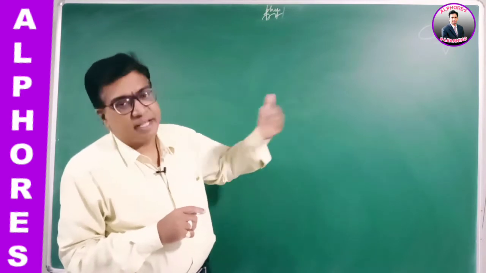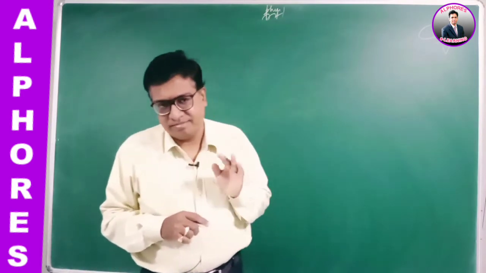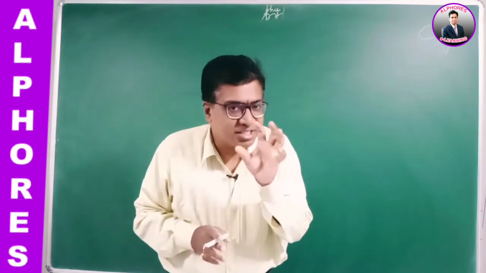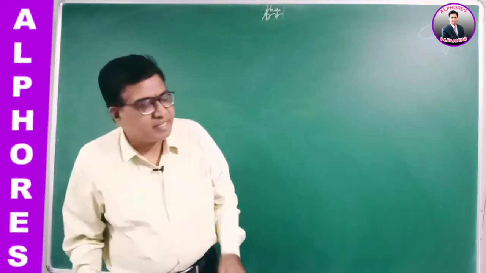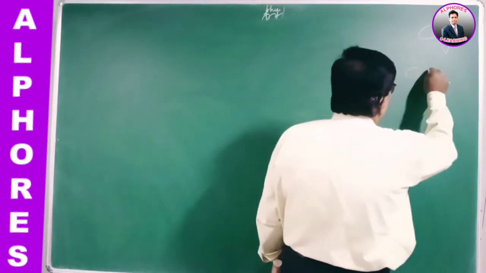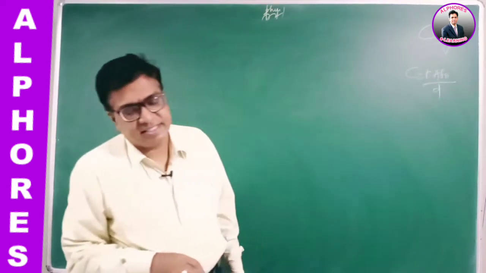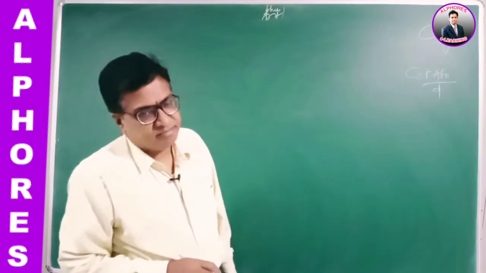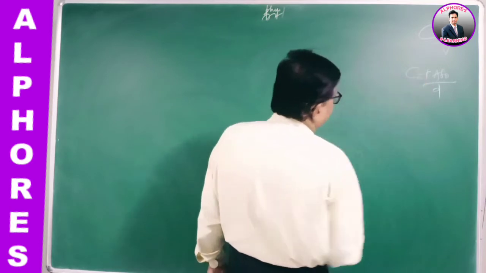Then we have taken different types of capacitor. Simple spherical capacitor, 4 pi epsilon naught R. Then the parallel plate capacitor, actually a condenser. The capacity of a parallel plate capacitor, we have found, C is equal to K A epsilon naught by D, where A is the area of the plate, D is the separation between the plates, and K is the dielectric constant, right?